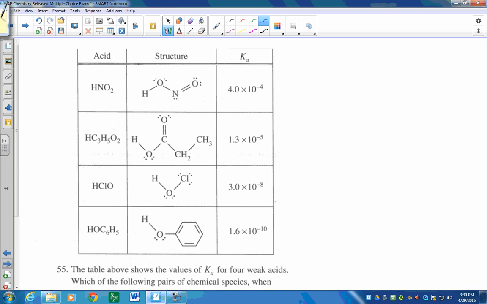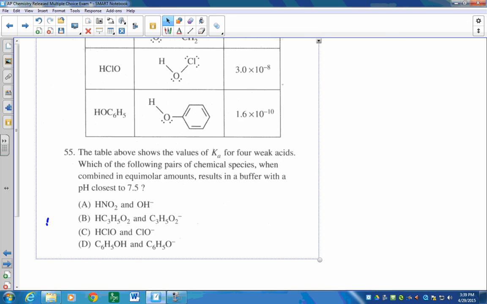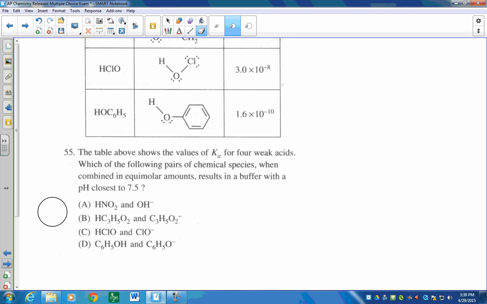All right, next one. I love this. Table 55 above shows the values of Ka for 4 weak acids. Which of the following pairs of chemical species combined in equal molar amounts? Very important, equal molar amounts. That means that the ratio is,